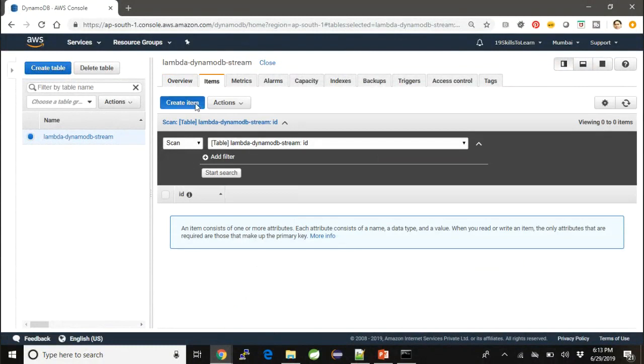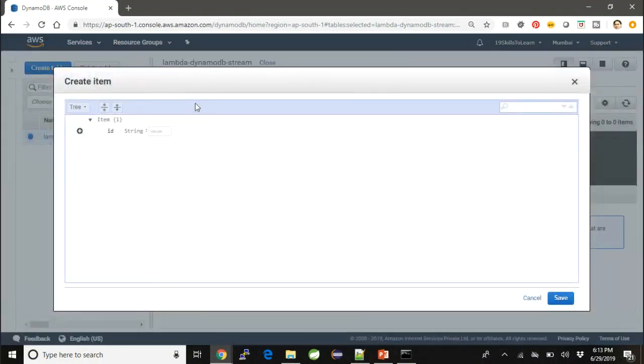What we are going to do is click on create item and give the ID some value. I'm going to give the ID value as 100, and I'm going to add a couple more fields over here. I'll say the attribute name, and the value for the attribute can be, let's say, test1, and we'll just save it. But before saving,